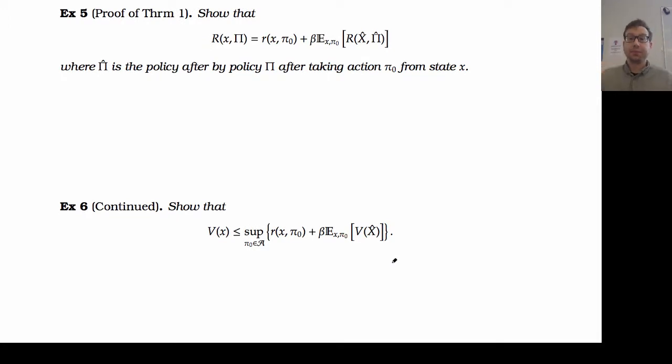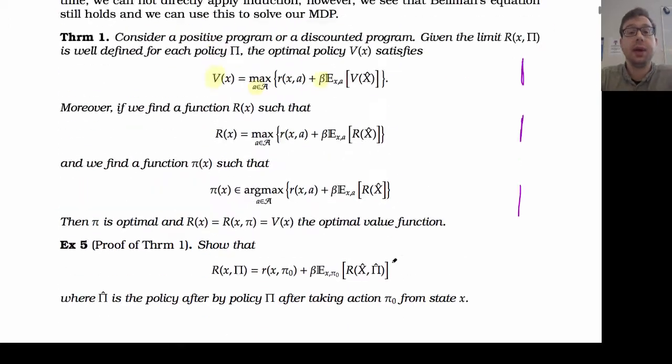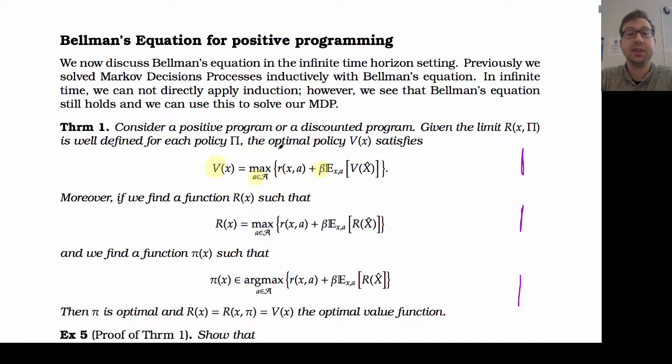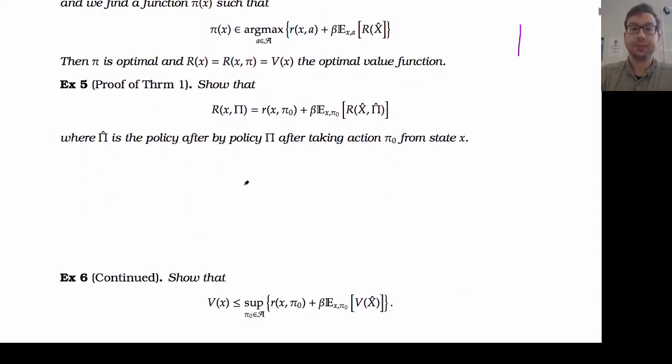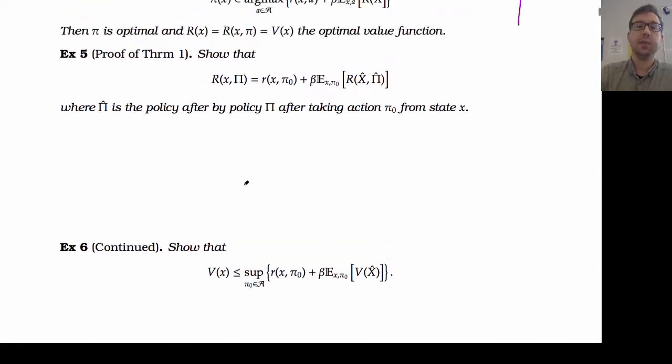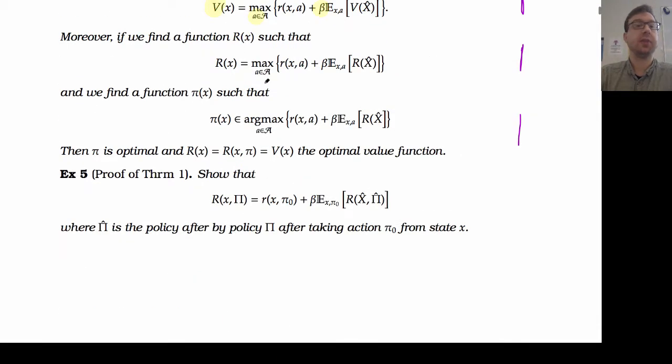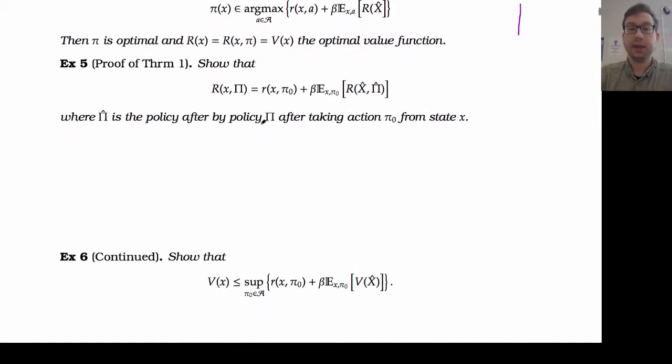Right. So let's show this theorem. It's going to come in two parts. We're going to show this part first. And then, depending on the amount of time we have, we'll work towards the second part, the moreover bit. The first part is going to consist of showing that the optimal value function v satisfies this expression. And then we'll work towards saying if I can find something that solves the Bellman equation, then it's also optimal.